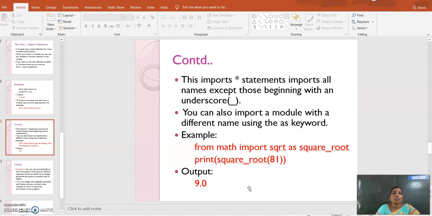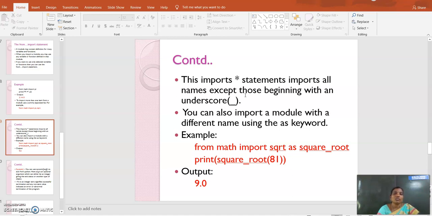You can also import a module with a different name using the as keyword. So the as keyword allows you to import a module with a different name. What's the use of star? It is used to import all the names except those beginning with an underscore.